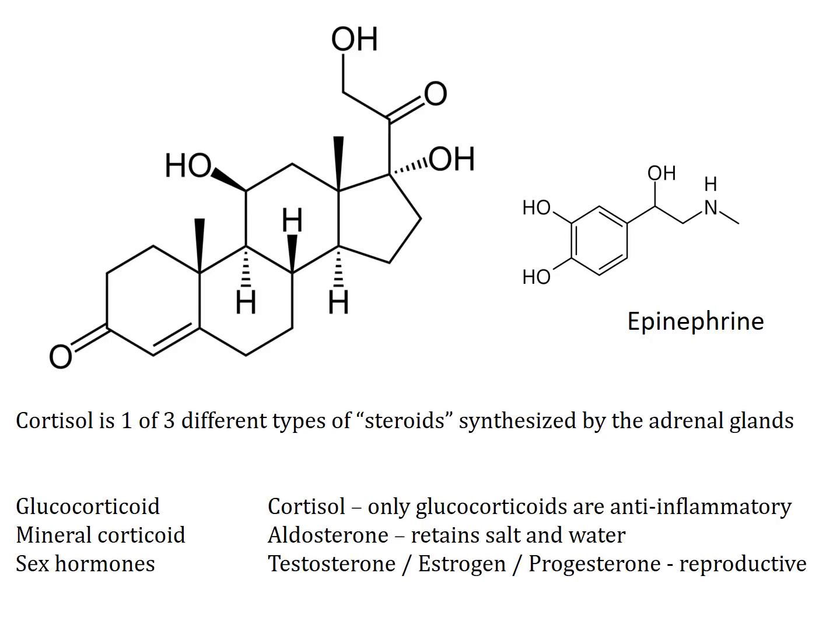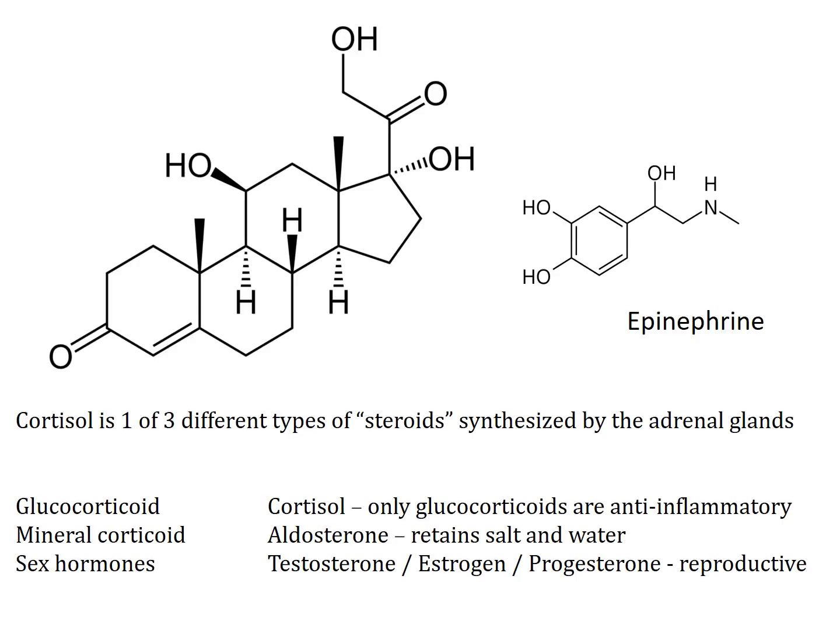Okay, 3 types of steroid hormones: glucocorticoids, mineralocorticoids, and sex hormones. The hallmark glucocorticoid is cortisol. The hallmark mineralocorticoid is aldosterone. 3 different types of primary sex hormones: testosterone, estrogen, and progesterone. And in this course, we don't really go through a whole lot of reproductive physiology and reproductive pathophysiology, so we're going to kind of leave those alone. We're going to focus on this unit on cortisol, and then when we get into the renal unit, we'll focus more on aldosterone.